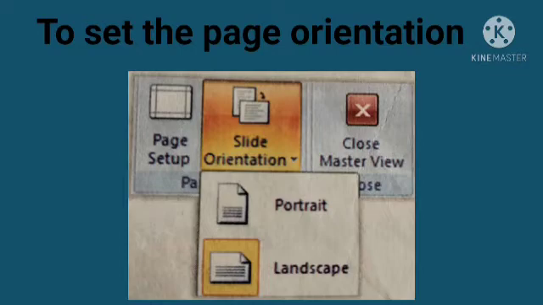Now students, portrait means what? Portrait orientation refers to the vertical design or layout of an image, document or device. And landscape refers to an image that is wider than it is tall, that is shot in a horizontal orientation.